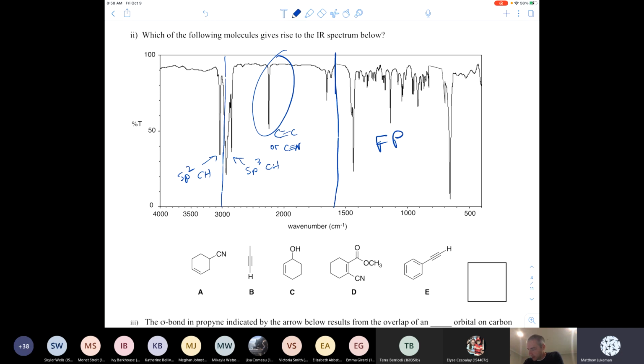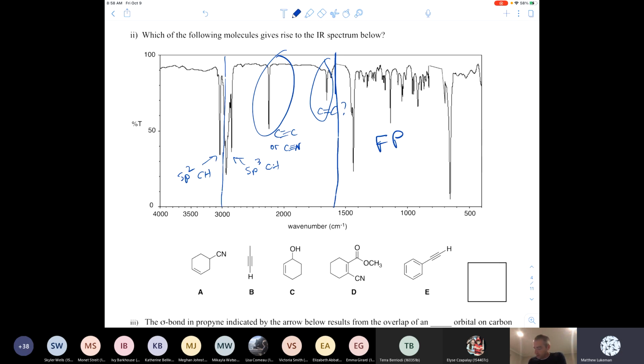You can see a little peak right here that it's small. It's between 1600 and 1700 by the looks of it. It might be a C=C. It's small though, so it's sort of on the borderline whether we worry about it or whether we ignore it. What we can do is start to go through our molecules here and start to cross ones out that don't